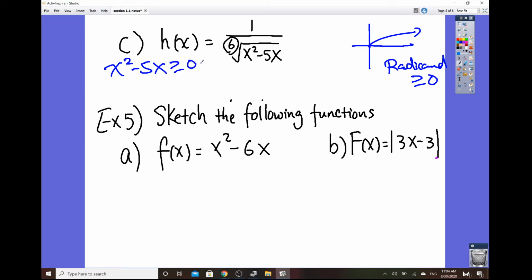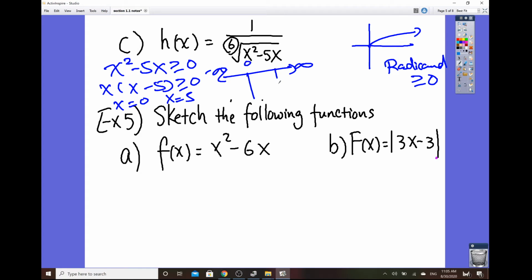Now this one is considered a non-linear inequality. In order to solve a non-linear inequality, the first thing you want to do is factor it. So we got x times the quantity of x minus 5 is greater than or equal to 0. And now from here, you want to find the zeros. So we do have x equals 0, x equals 5. Another thing you want to do is set up the line test. Normally, if there's no restricted value, the domain is always from negative infinity to infinity. But since we found the zeros, 0 and then 5,